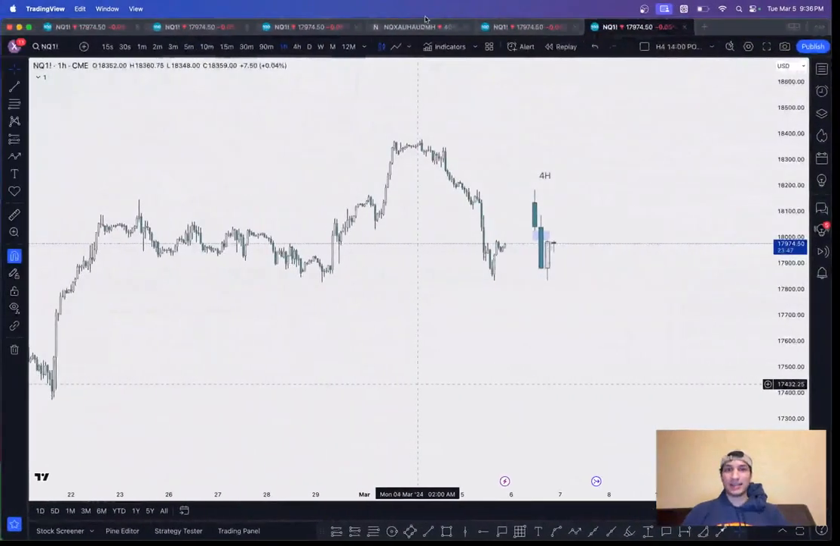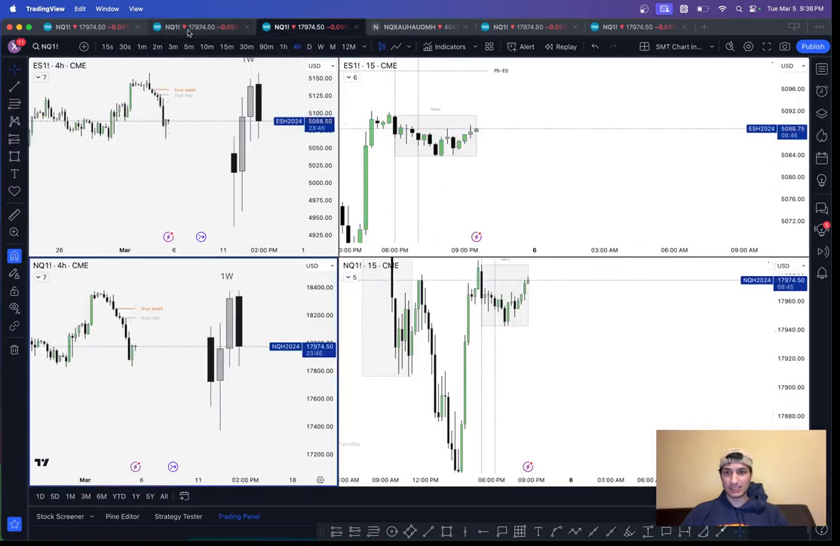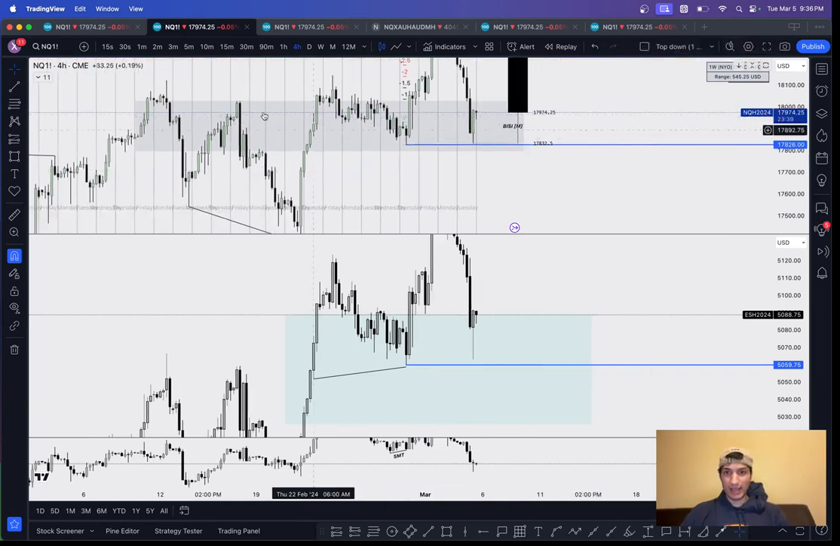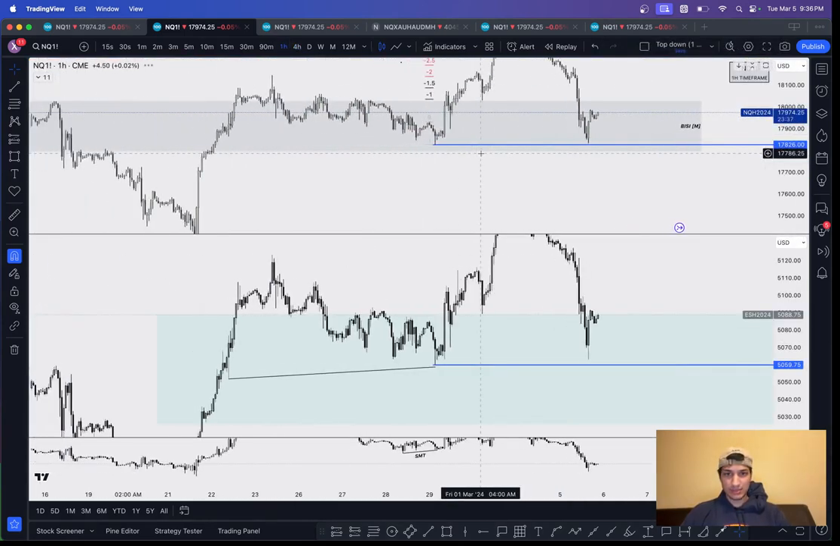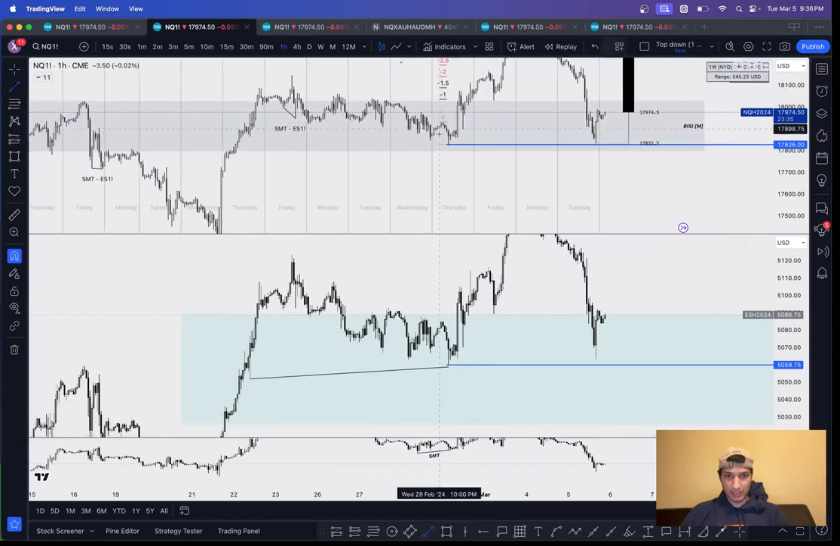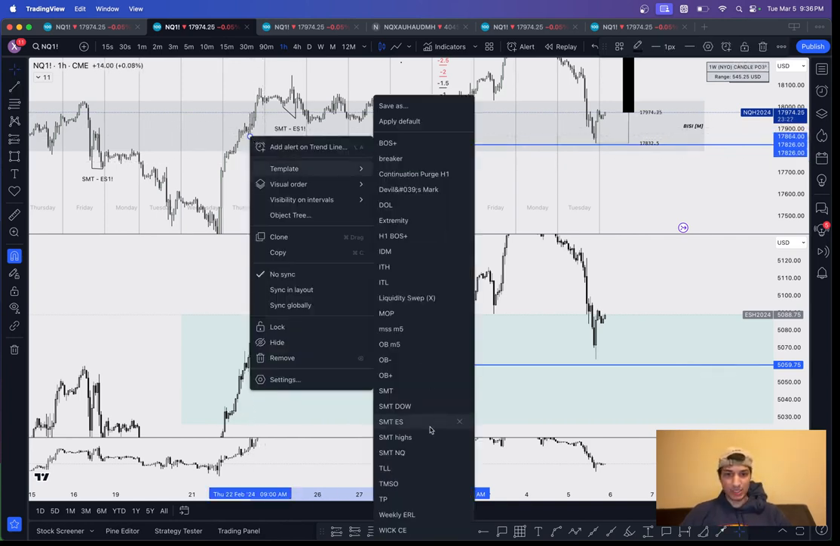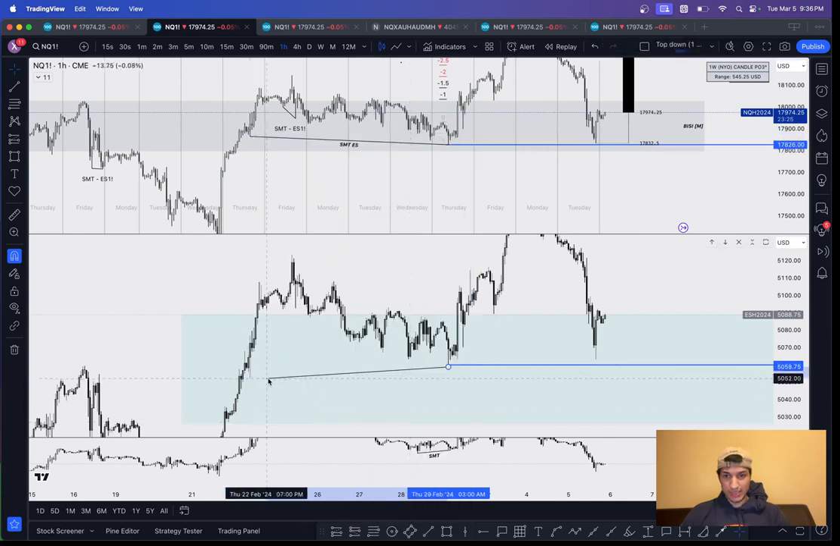Okay. Yeah, I can explain the SMT here. Yes. I realize that might have been confusing. So let me show you the SMT. So last week we had this SMT right here. If we draw out this low and we expand it right here, this is our SMT with ES. As you can see, NASDAQ comes in and creates a lower hourly low in a daily fair value